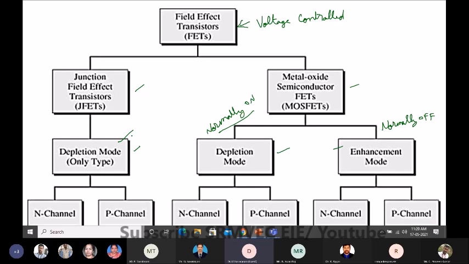Additionally, there was one more construction where we can have enhancement mode, in which at zero voltage the transistor cannot be turned on. So you have to apply a positive supply in terms of N channel to make it on, whereas in P channel it is opposite. Okay, so in general, field effect means voltage plays the major role. So it is field effect.